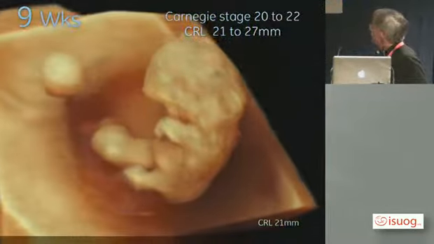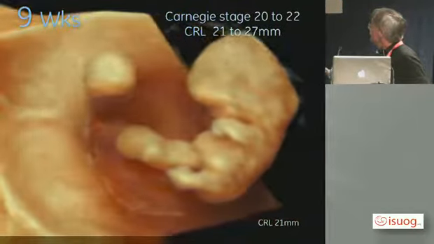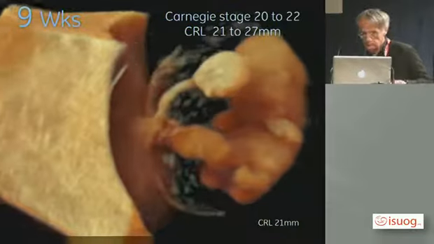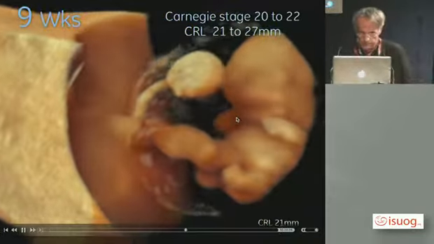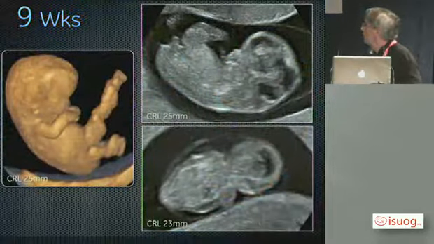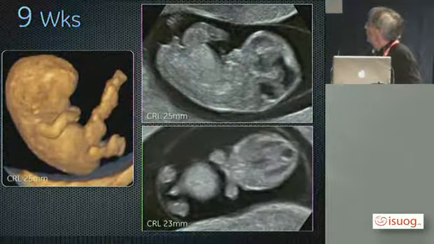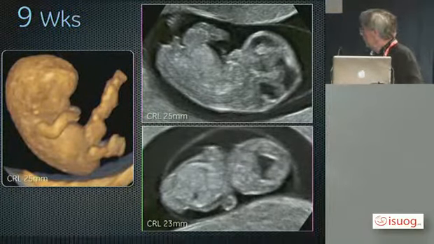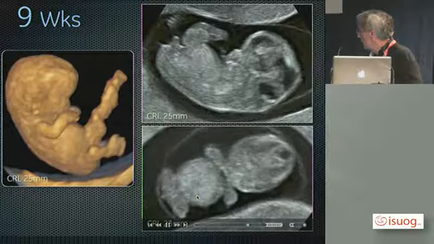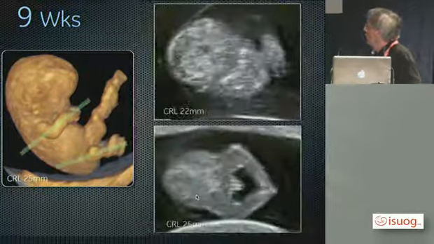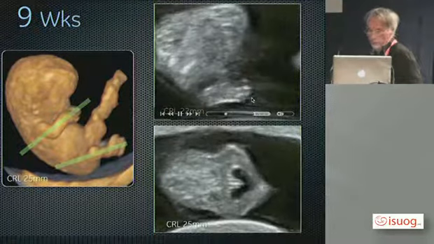9 weeks, umbilical cord, yolk sac. We have no more. Okay. And if you do section, mid-sagittal section, axial section, coronal section, and here you can see the stomach, the arms with fingers,